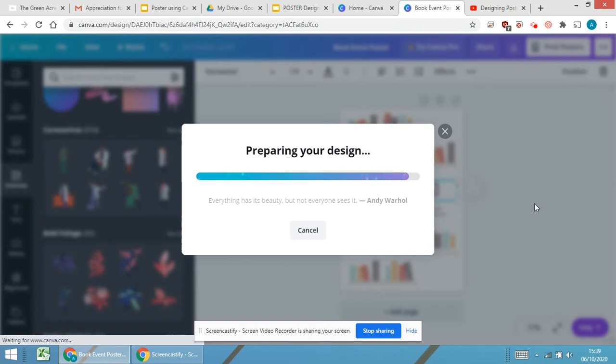After downloading, the next step is uploading the posters which you have created in Google Form. I will show you how to upload it. We have to wait till the downloading is complete. Once the downloading is complete, our poster is ready and we can use that particular poster. So I hope this part is very clear as to how to create and how to download it.